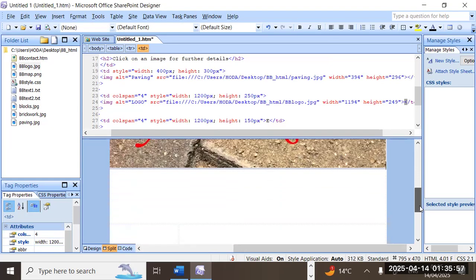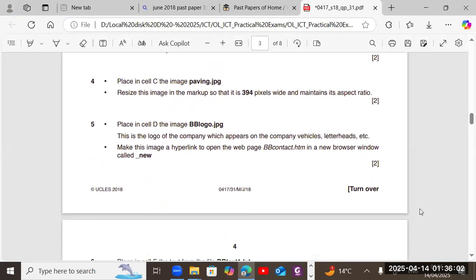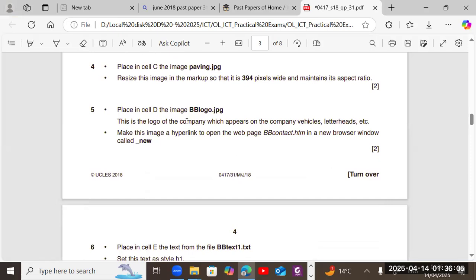Okay, then we'll go to this. This is the logo of the company, which appears on the company vehicles, letterheads, etc. We can rename it, or in the alternative name for the image. We can say the logo of the vehicle company. Okay. Make this image a hyperlink to open the web page